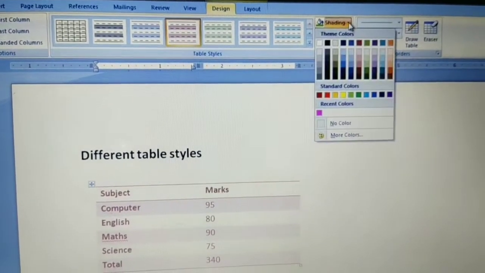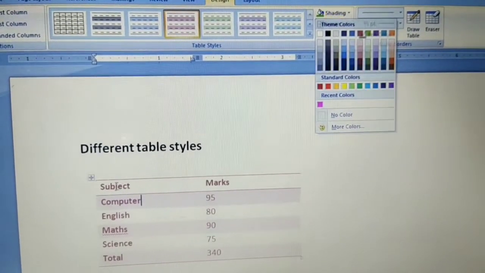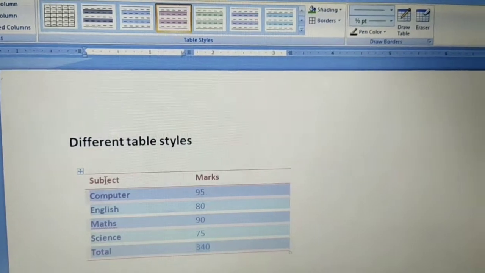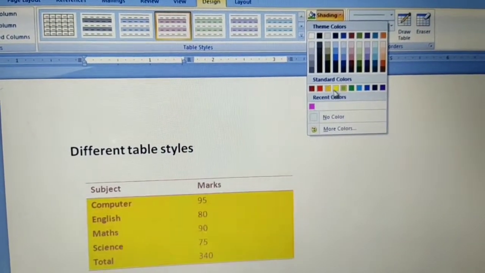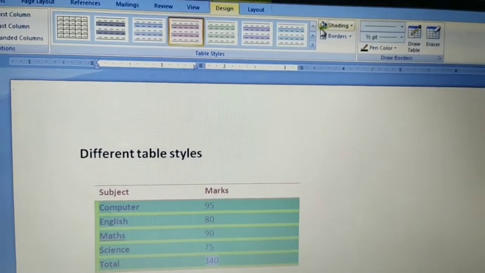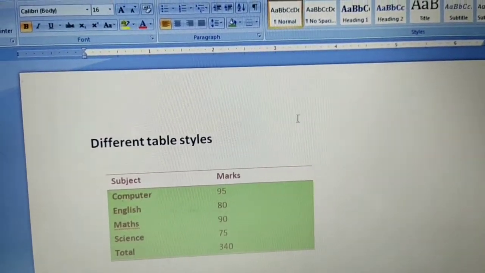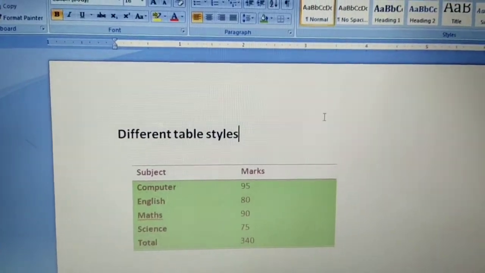Again you have to select the whole table. You can apply shading, then you can apply border also. This is the way we use table style on a table.